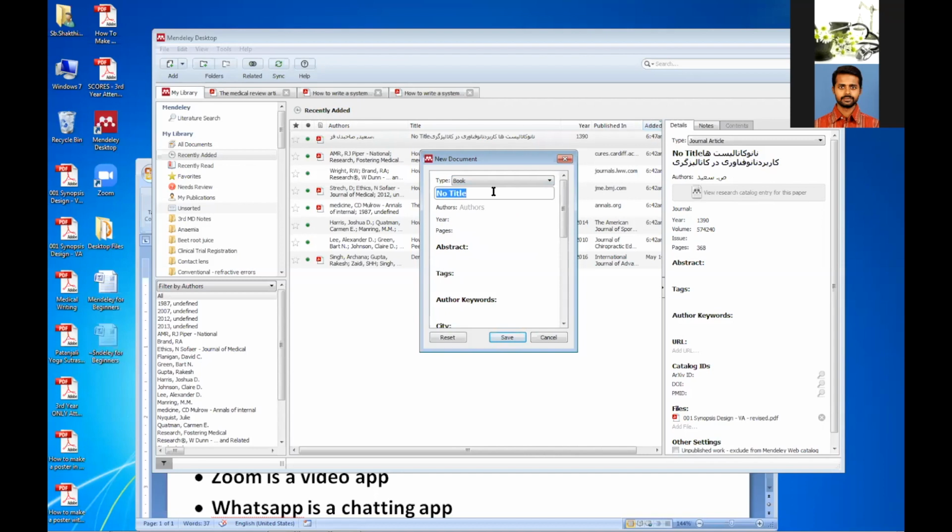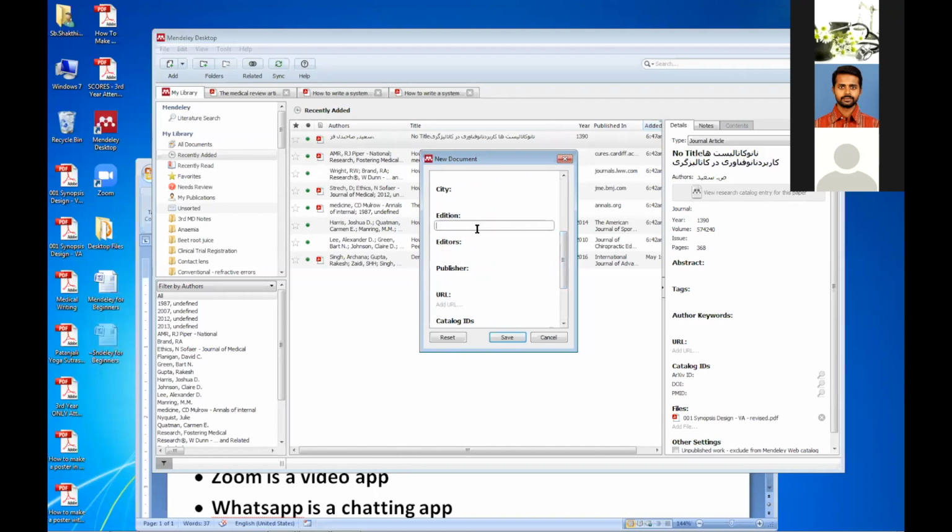Title. Rational hydrotherapy. And who is the author? What is the year this book was published? It's the published year that we have to give. Let's take a random number, and the number of which page you want to mention. So we type all that. Edition. Which edition was it? It is 20th edition. Publisher. Good publisher. Actually, NN was the publisher. So write NN. Now, is there any website or URL available for it?